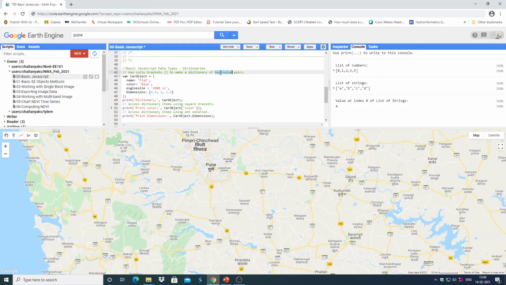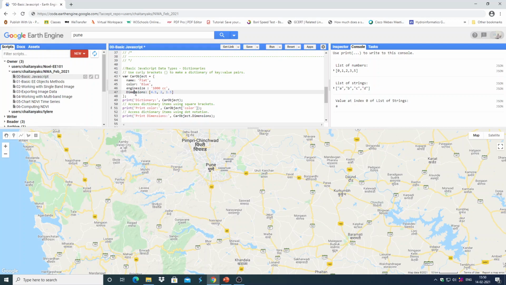For example, you are declaring a dictionary of a car object, where you are passing on the information of the car: the name of the car, color of the car, engine size of the car, dimensions of the car, and the value. These are known as keys.